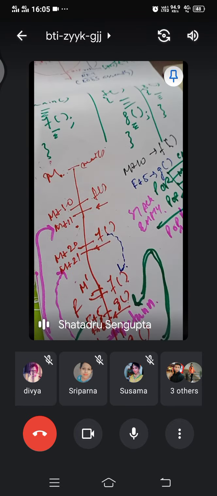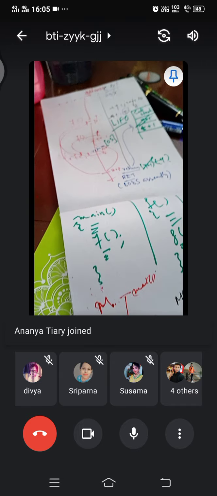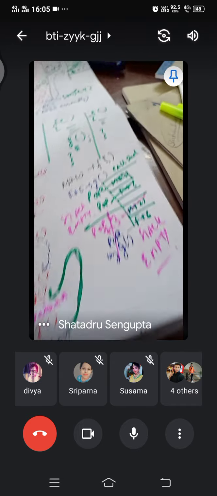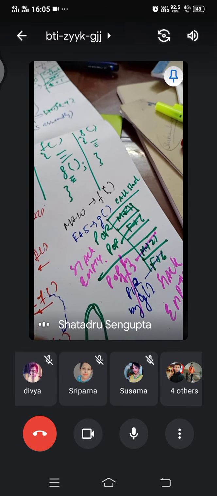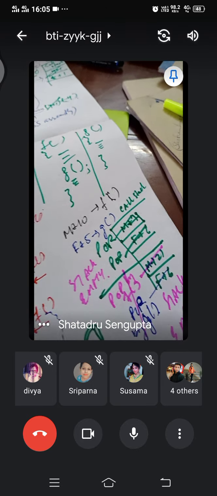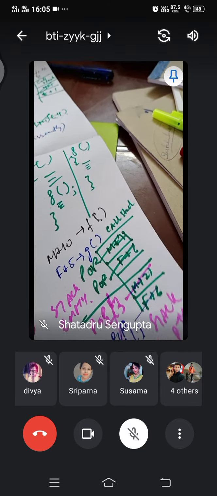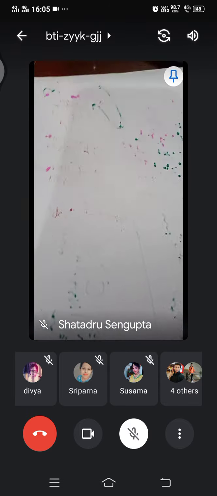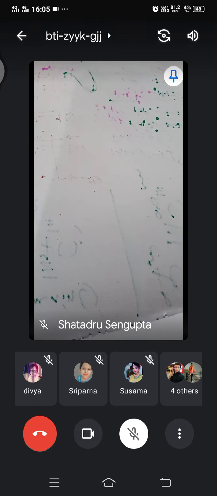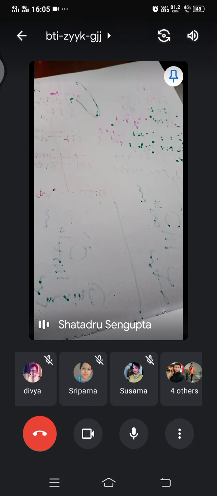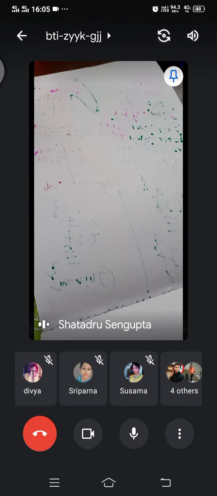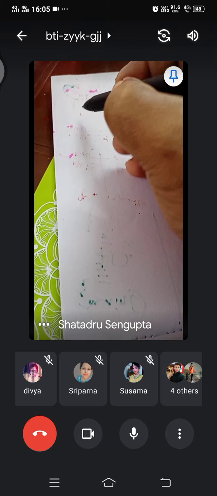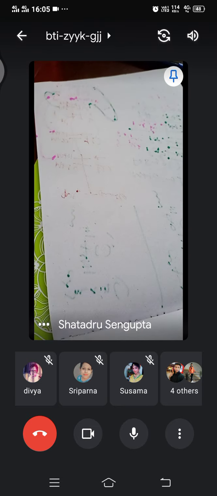Now these registers for one processor, for one processor it will be the same one. So let us say, just one sec,